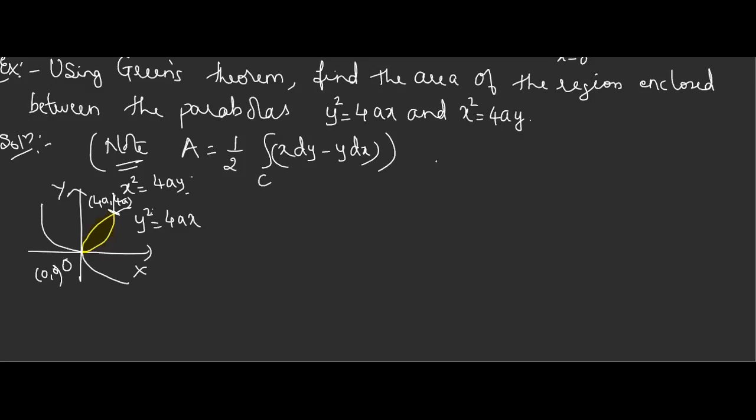Suppose the example is not with a. What is the point of intersection that time? I told you, in the exam they've asked y square equal to 4x and x square equal to 4y. They have asked it previously. Tell me, then what is the point of intersection?